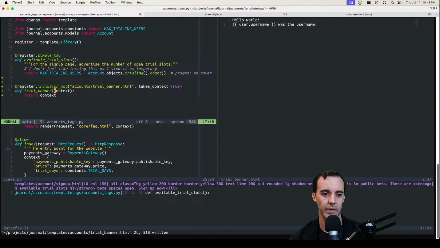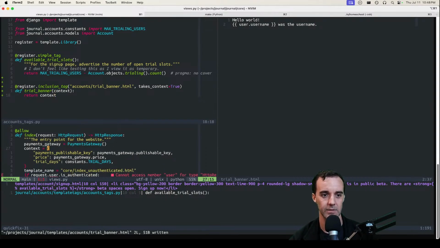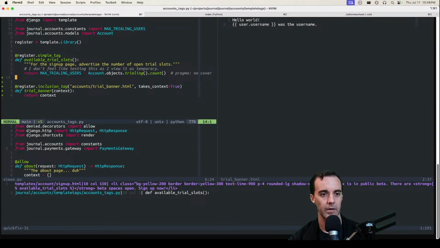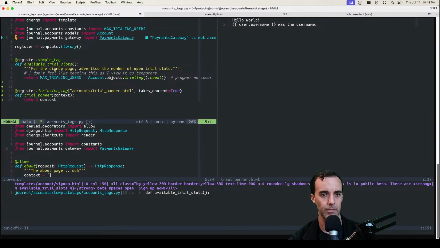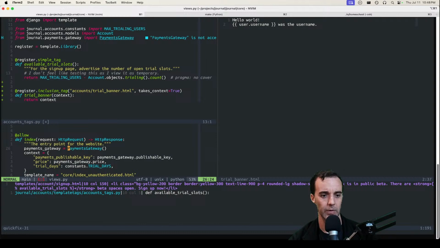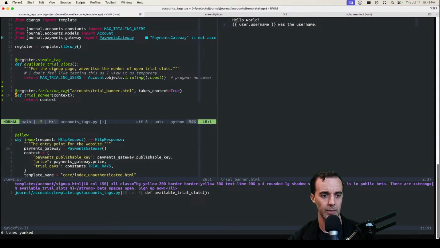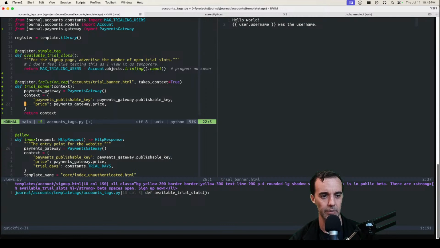So here is where we're going to put that code of the payments gateway and stuff. That's where we can bring this up. So let's take payments gateway and bring that import into here. So really, I'm just copying this for a moment because it's easy. Then we can get rid of this. And notice that we've called this context, but we also created this local variable called context. So I think what I want to do,